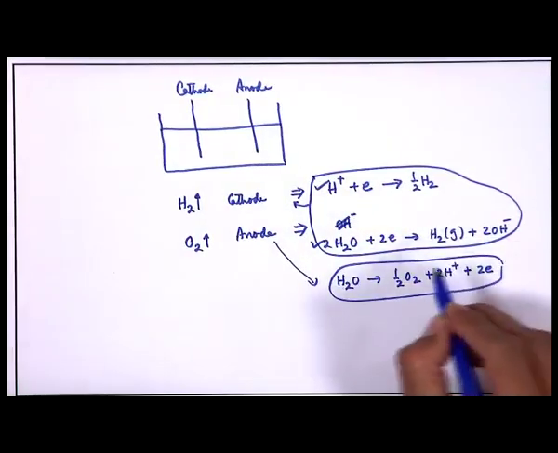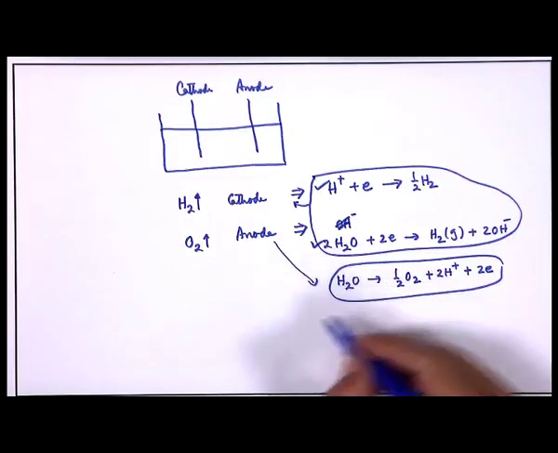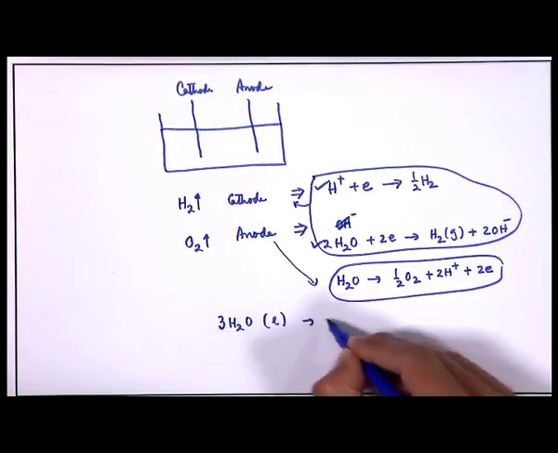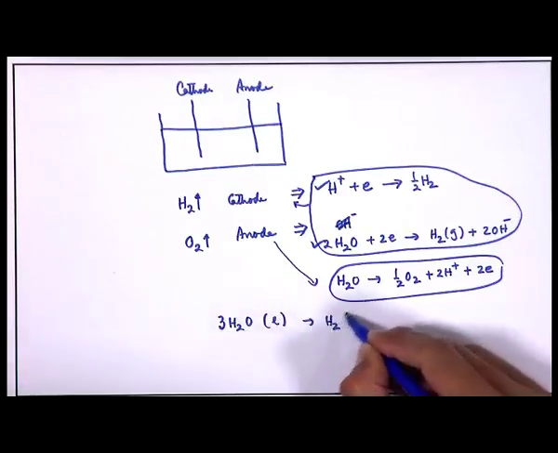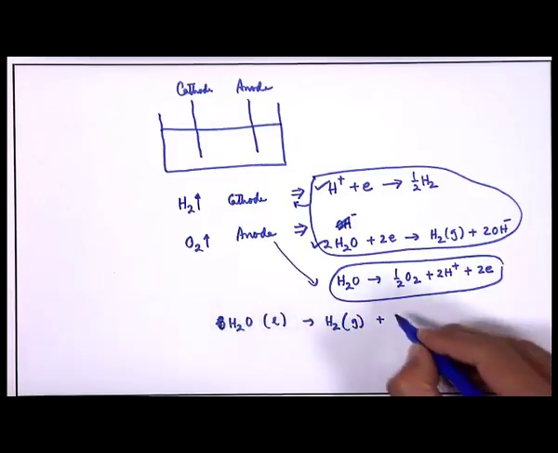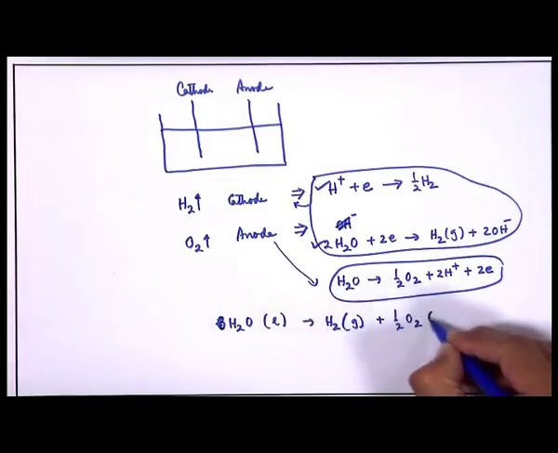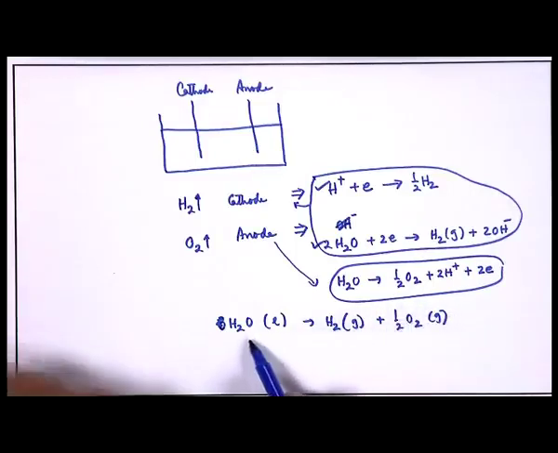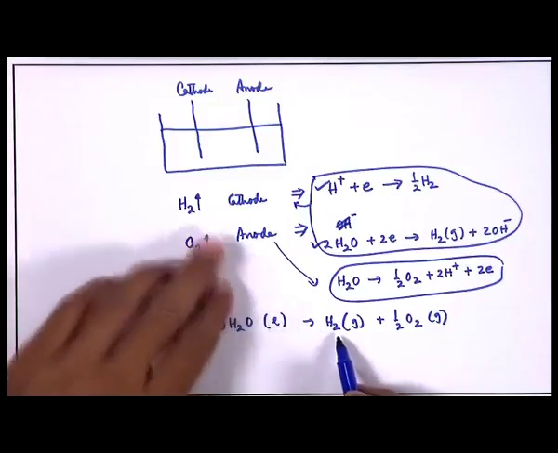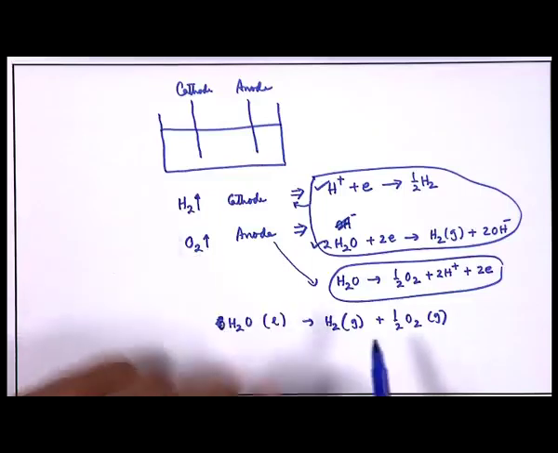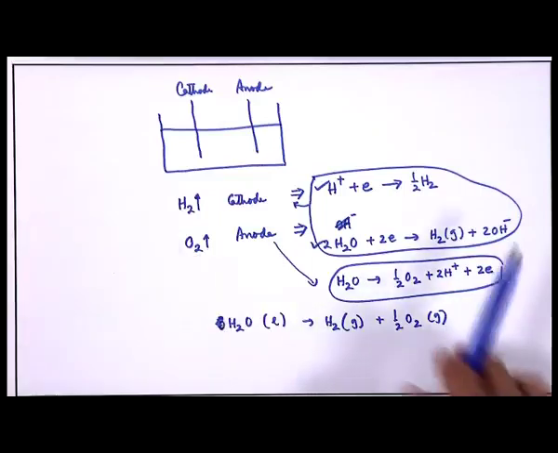So, the net reaction will be H2O gets you H2 gas plus half O2 gas. Okay. So, this is the net electrolysis process: at cathode you have hydrogen, at anode you have oxygen. Probably you remember that we have discussed one point